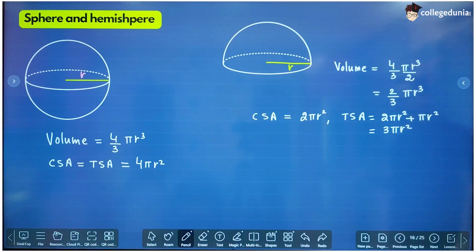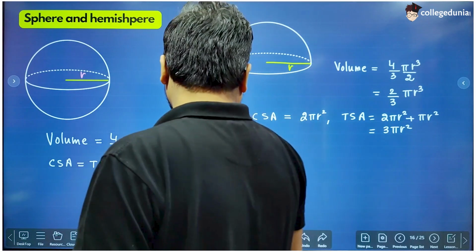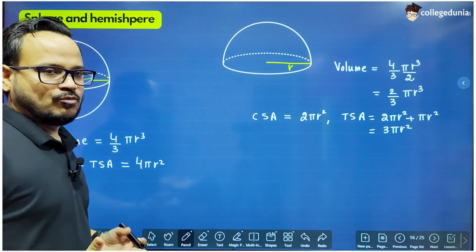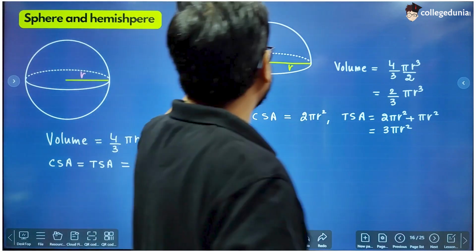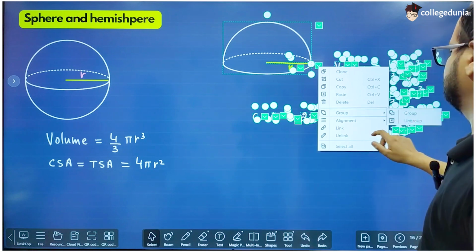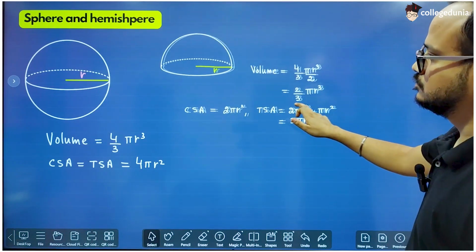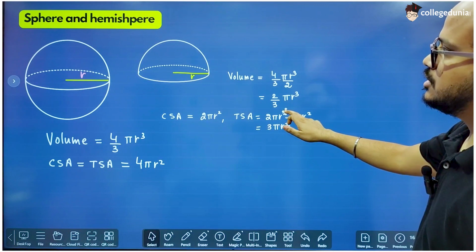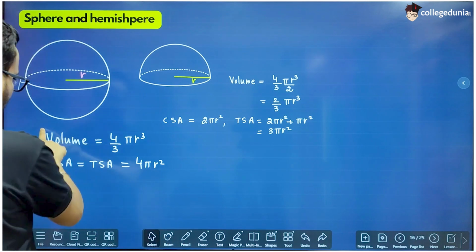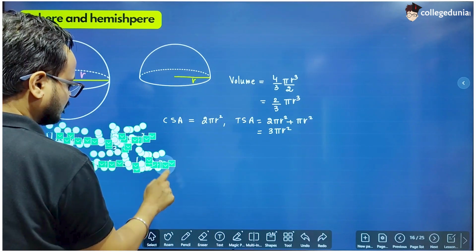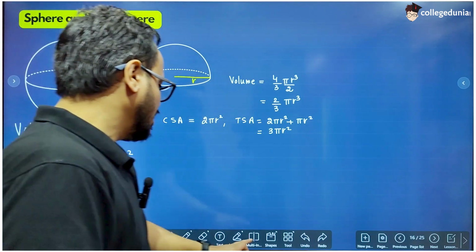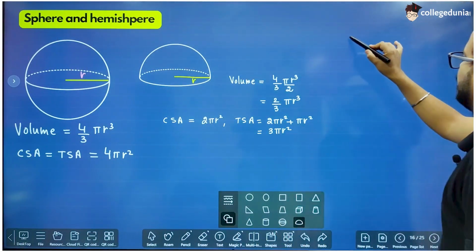And also you can get a hemispherical bowl, and you have to find the area and volume of that one also. I'll just show you. These are the formulae of hemisphere. These are the formulae of sphere. Now I am making a hemispherical body